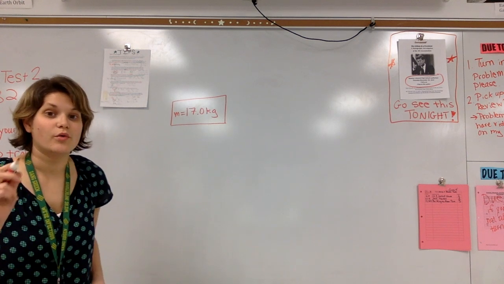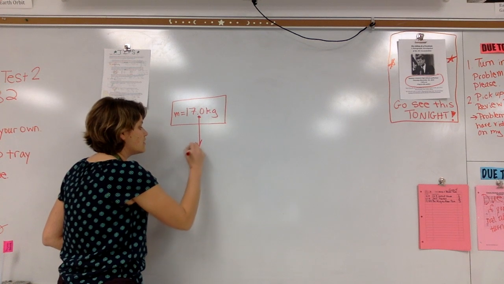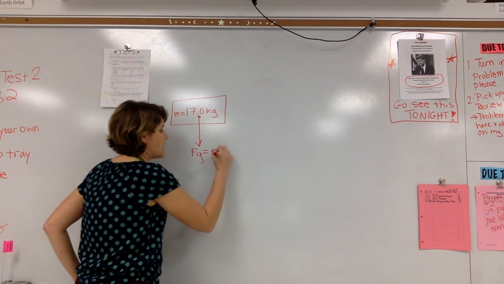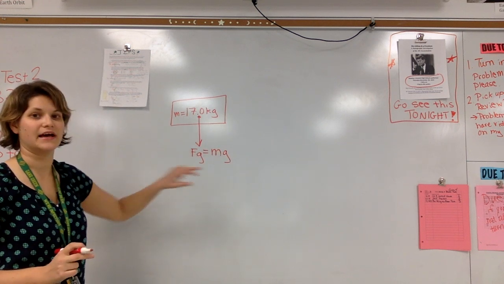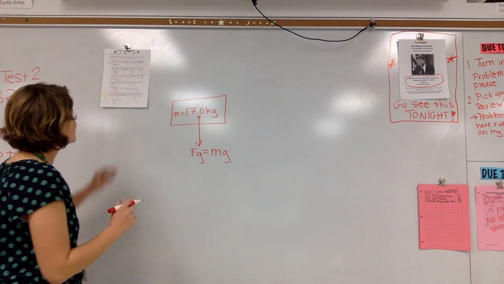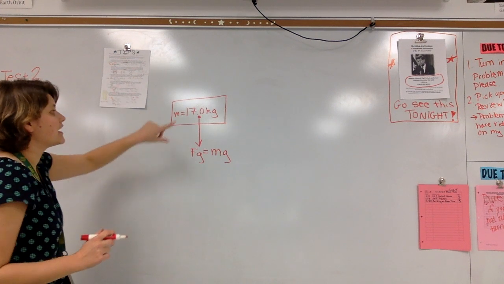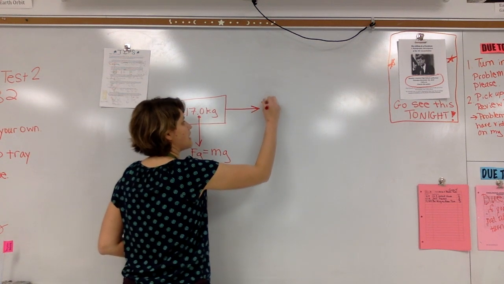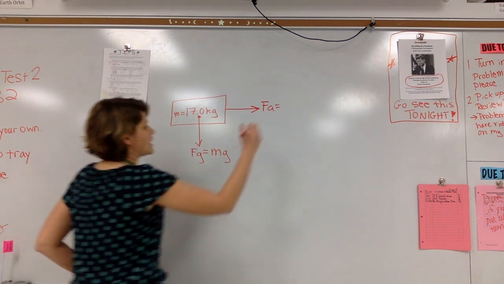Okay, if I want to know the weight of the crate, I'm going to have to go weight, force due to gravity, is equal to mass times acceleration due to gravity. All right, so I did not give you a weight. I gave you a mass. All right, I'm also telling you that we're applying a force to this block. That applied force is 49.0